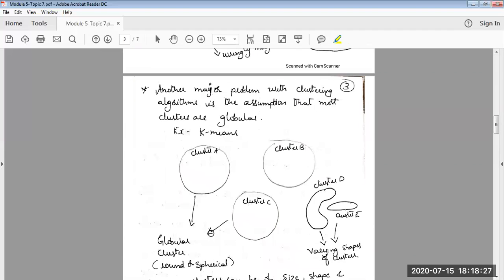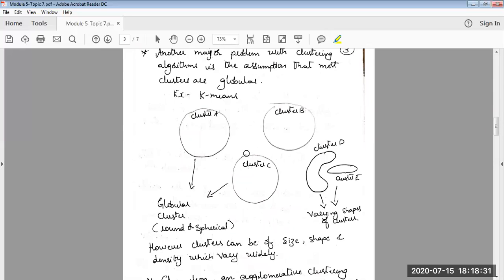So this was agglomerative clustering, but one major problem with agglomerative clustering and many of the clustering algorithms is that they assume the cluster to be globular, round, spherical. But that is not the case. For real-time data, the cluster shapes will be random. You can see the random shapes of the clusters here. This is how clusters will be in real time, not exactly circular like how it has been represented.